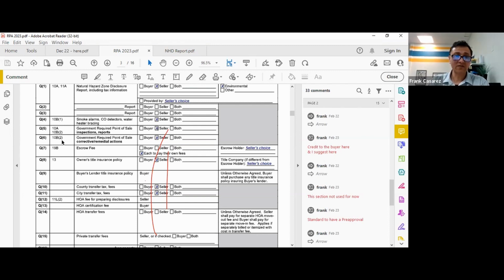Okay. Now, item Q6 is basically saying if they have this policy here, that you want the seller to correct those issues that come up. That may not always work. Like I said, there's some cities who, let's say they point out something that has to do with, I don't know, a covered patio in the back. And maybe the issue is that it has electric to it and the walls need to be opened up and make sure the wiring is correct